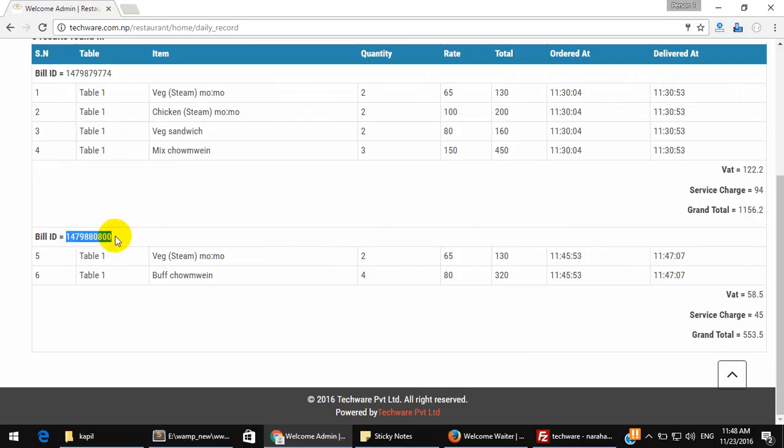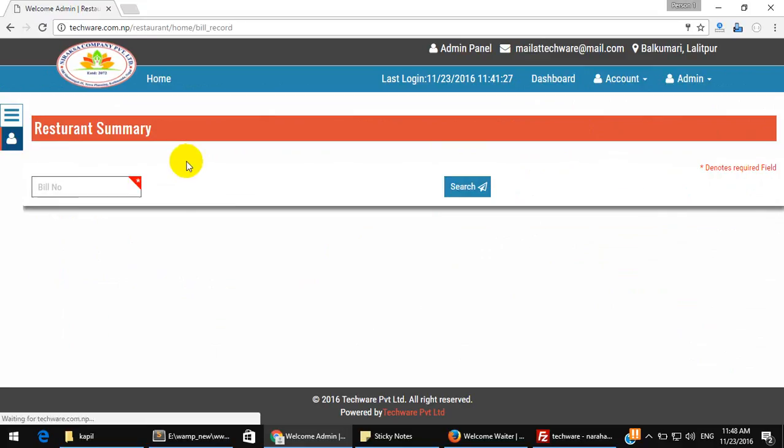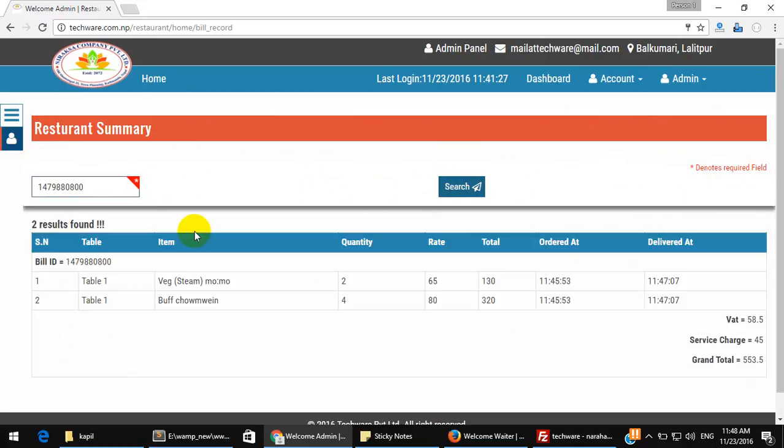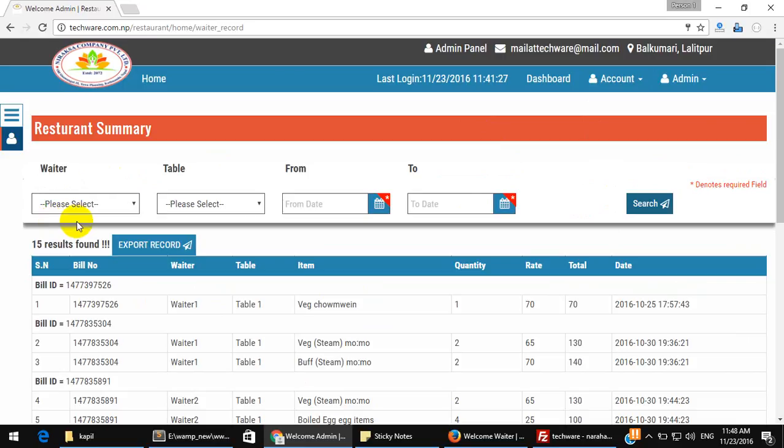Now this is the bill ID. If anyone wants to view data by bill ID, then we can also search by bill ID. Okay, we ordered 2 items. This is the order time and deliver time. This is the VAT, service charge, and total for the bill ID. Now we can also search by waiter record. If we want to see all the data, then simply click search without selecting anything.